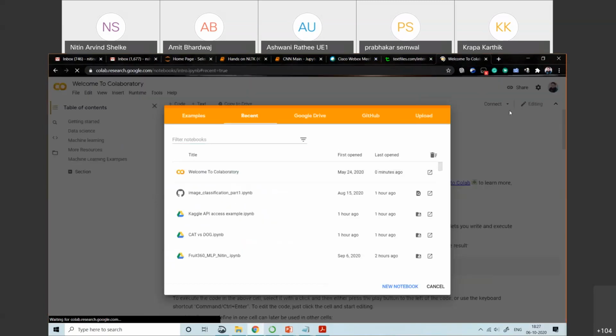When we open it, you just need to log in with your normal email ID. Right now I have my main login ID with me, that is your normal Gmail ID. It gets directly associated with Gmail and also with Drive, so you can use the data set that is present in your Drive.